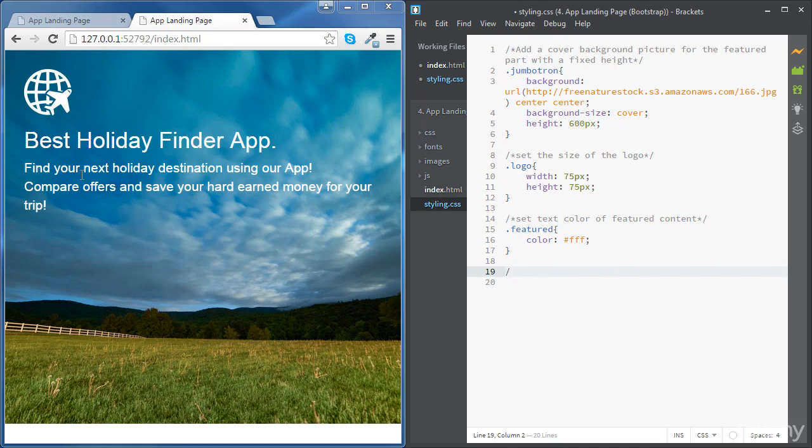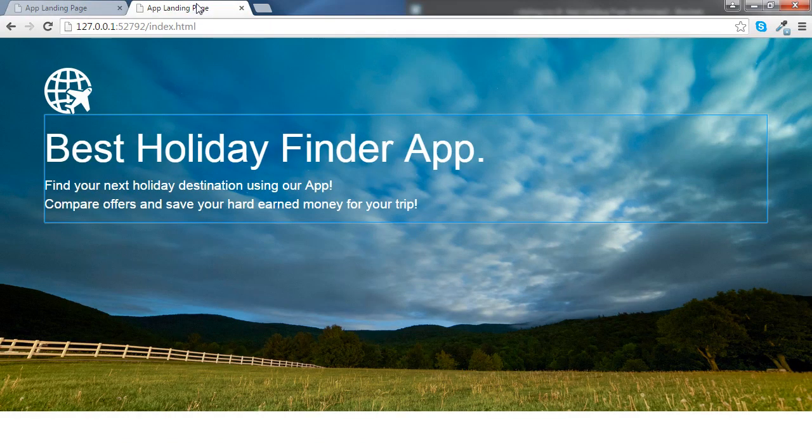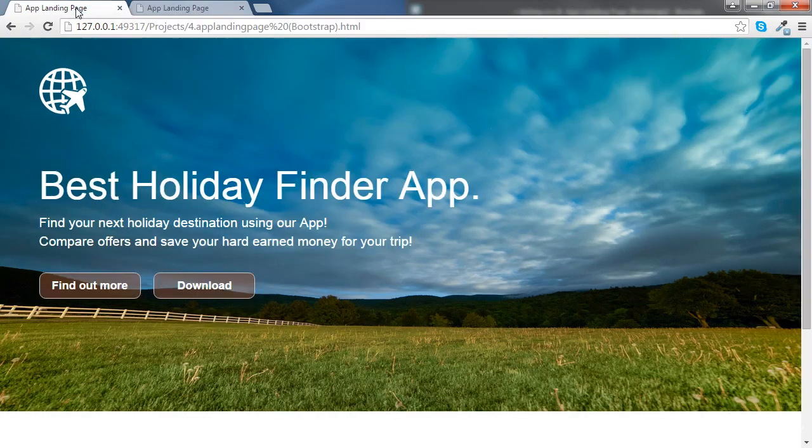So there are many ways to do that. Now let's add some space between the image and the heading. There are different ways to do this. We can either use the margin top and apply it to the heading. Otherwise, we can use the padding top. So I'm going to go for the padding top,